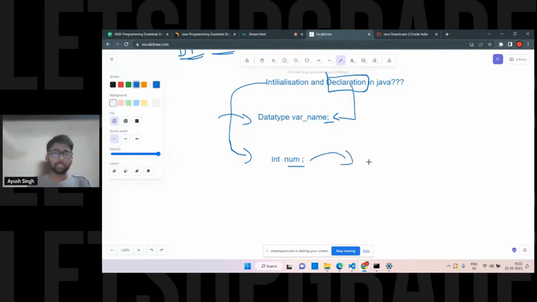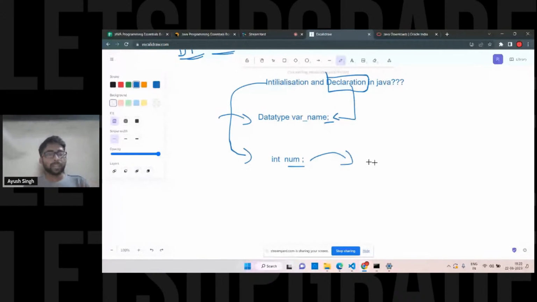But again, in Java we have a concept of default value, right? The garbage value, which will contain 0 by default. How is it taking that? Again, the concept of garbage collector, right? It allocates the memory by default and gives the value as well. So for int, it's 0. For string, it's an empty string, and all those points.